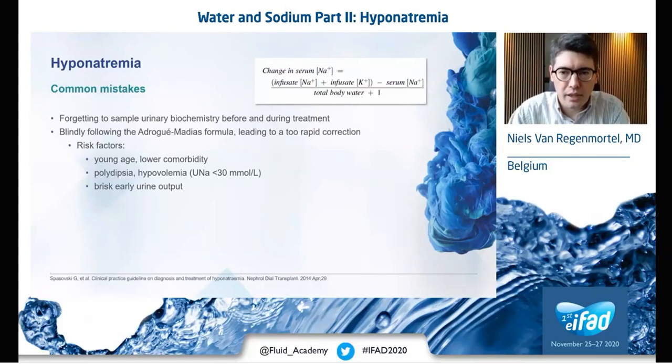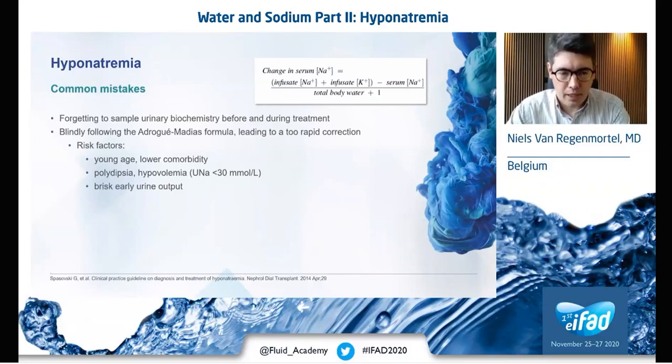The formula is there in the upper right corner, and the point is that this formula